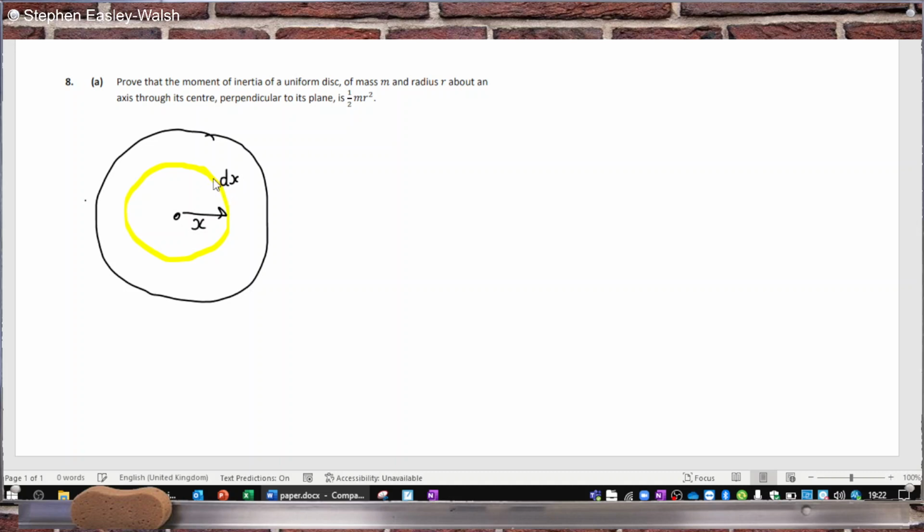dx thick. So the moment of inertia is the integration of r squared dm, and the radius squared is x squared dm. So the x is representing the radius. We'll have to figure out what dm is. So if we look at that sliver,